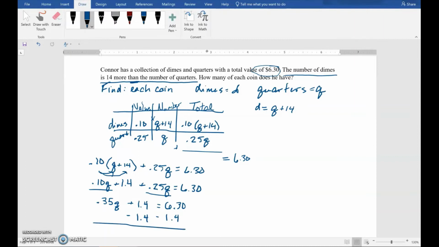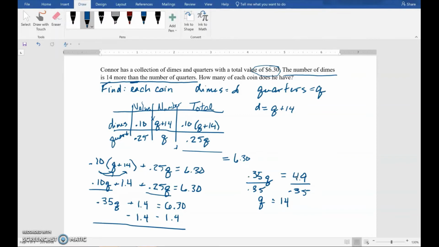And so now we've got 0.35Q equals 4.9. Divide by 0.35. And we go to our calculator, divided by 0.35, and it tells us that Q is 14. So the number of quarters we have is 14